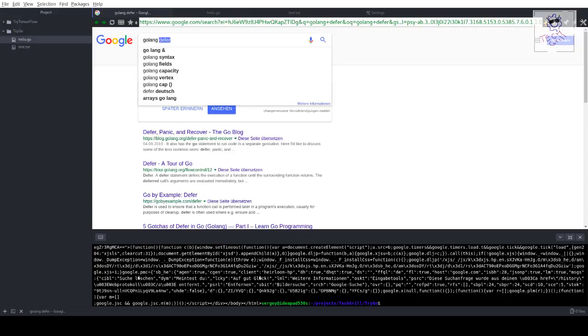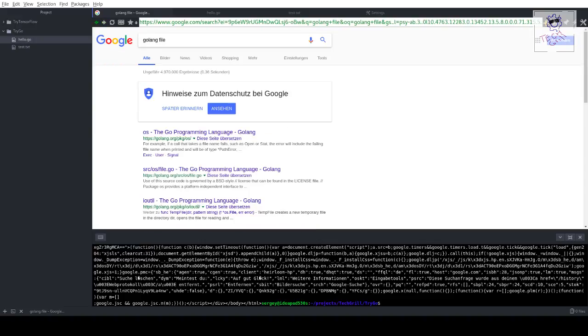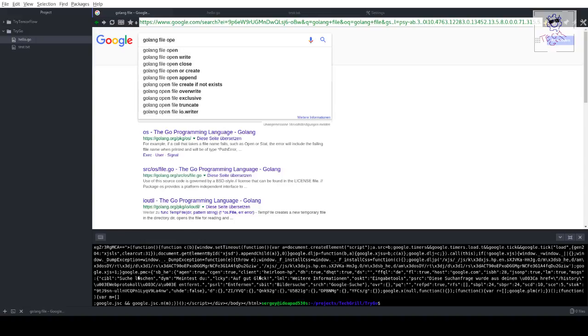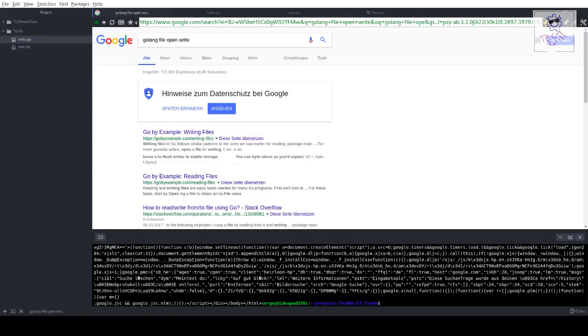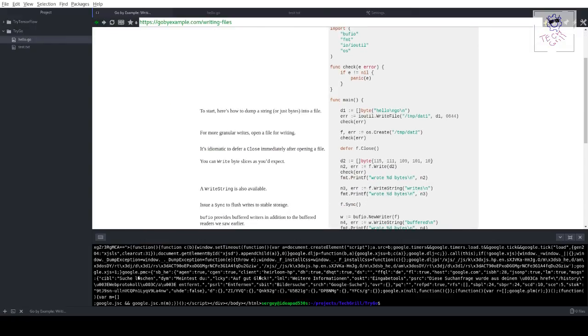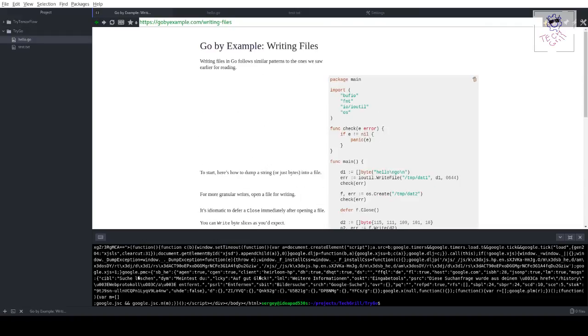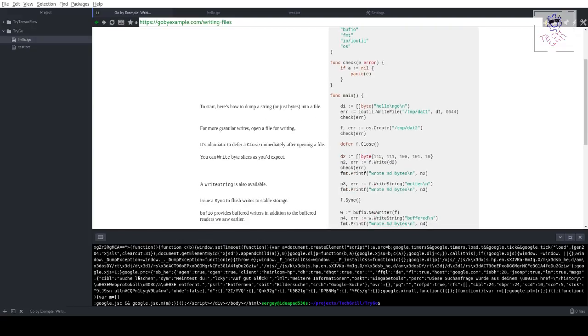Okay, so we want to write our data from the internet to the file, and file operations. So open, write here. Writing files. So was creation of the file, I guess, write file, util. Okay, if you have already a util,